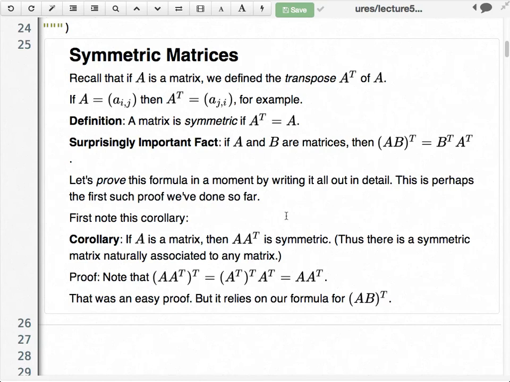We should also check that this makes sense. A, let's say it's an n by m matrix. Then A transpose is an m by n matrix. And it makes sense to multiply two matrices if, when you write their dimensions next to each other, the numbers that are right next to each other are the same. And m is the same again. So it does make sense to multiply A by A transpose. A does not have to start out as a square matrix for this to make sense.